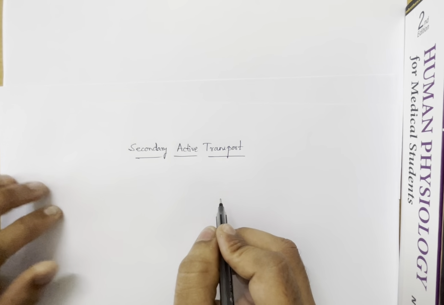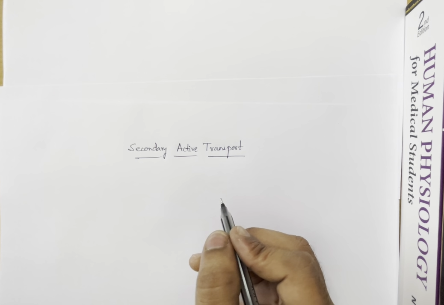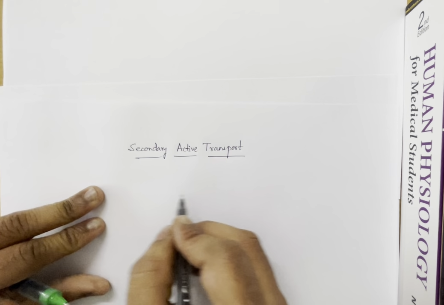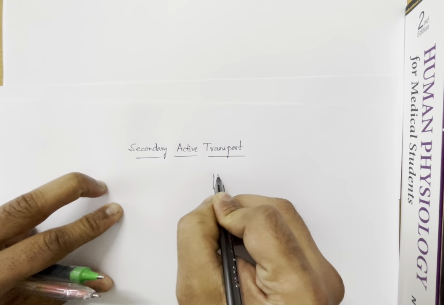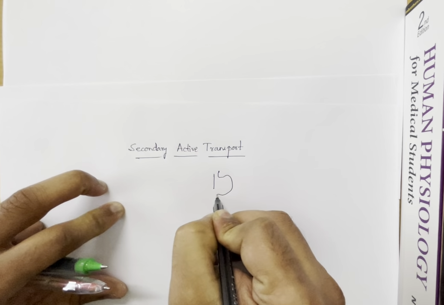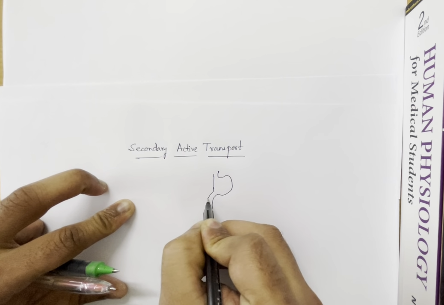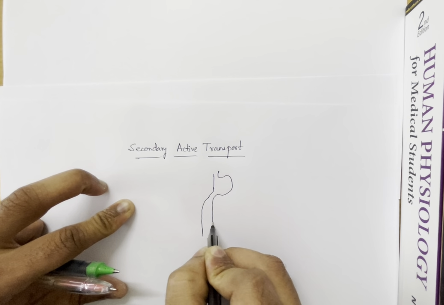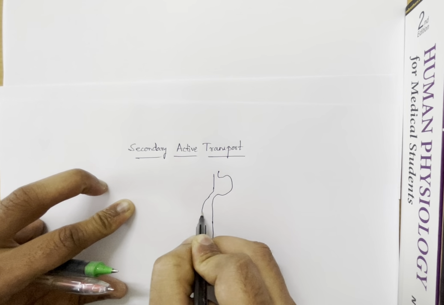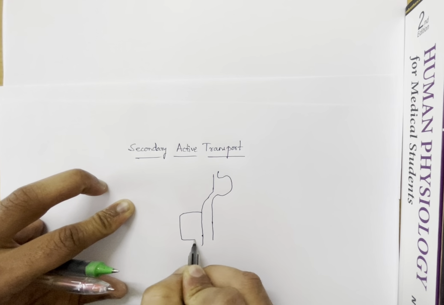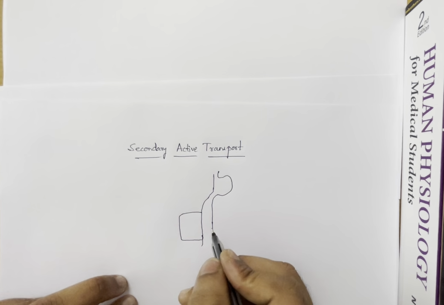So we'll give an example and make you understand what is secondary active transport. Consider this is the GI system, stomach and the intestines. Now we'll expand this intestine portion and we'll expand a cell, an intestinal epithelial cell here, and